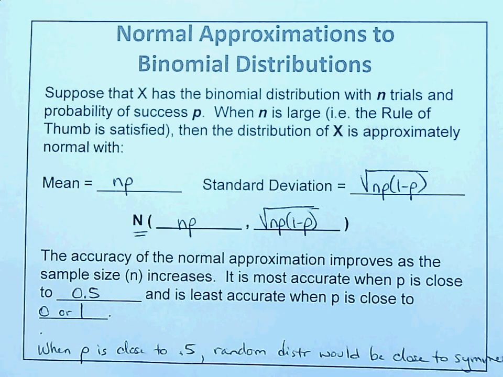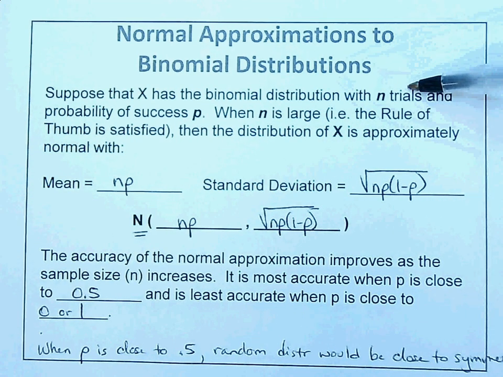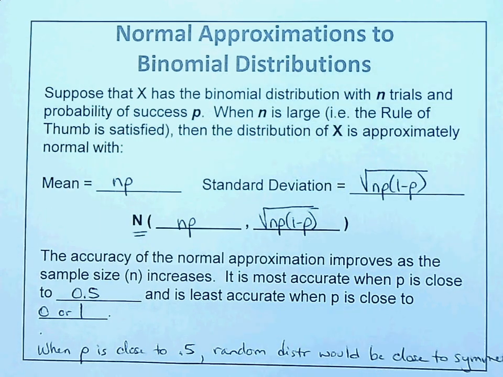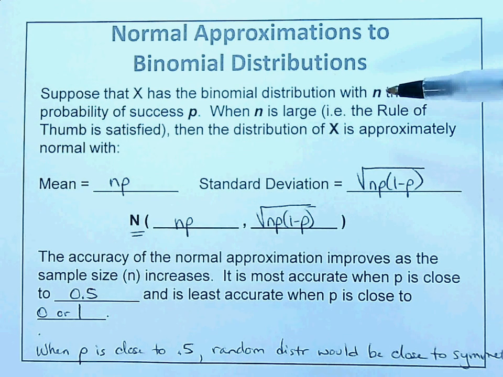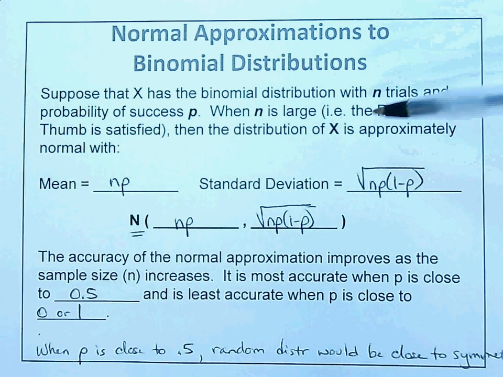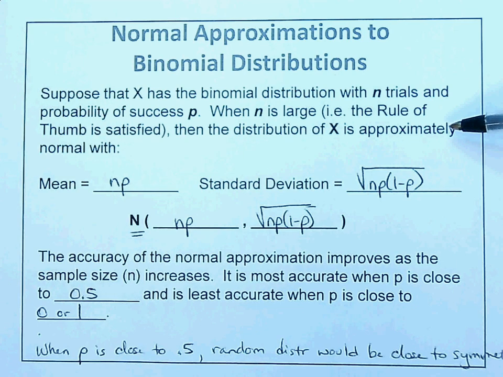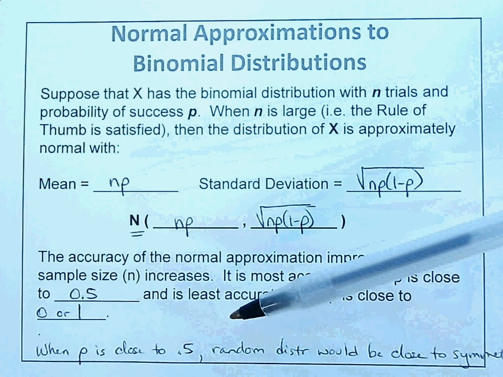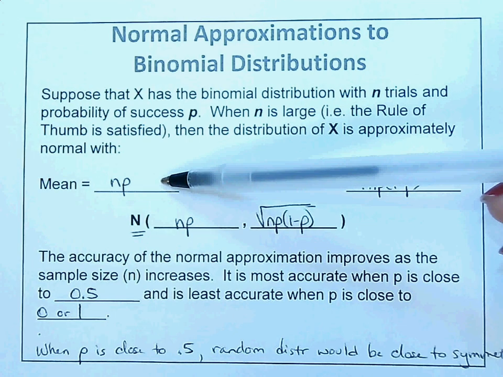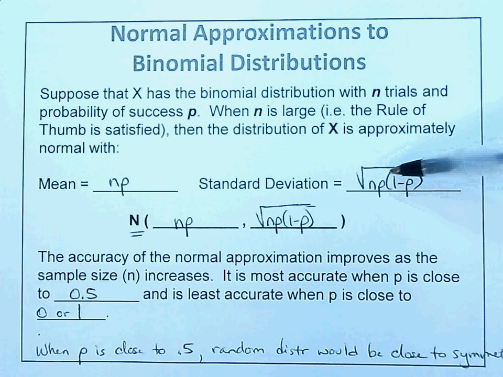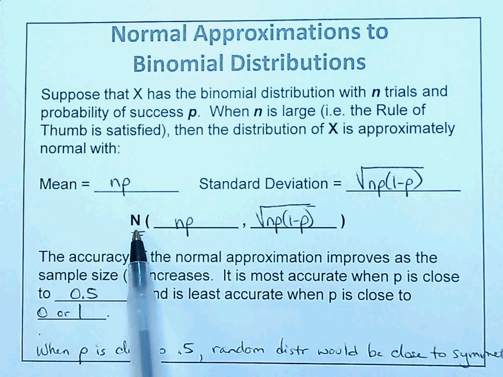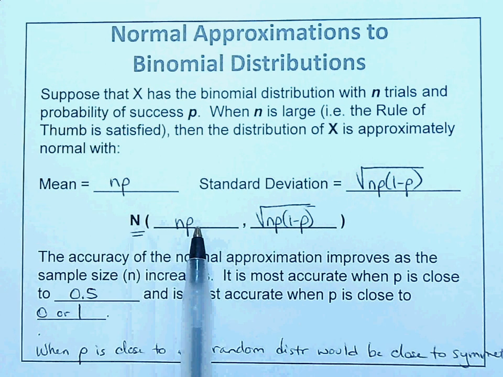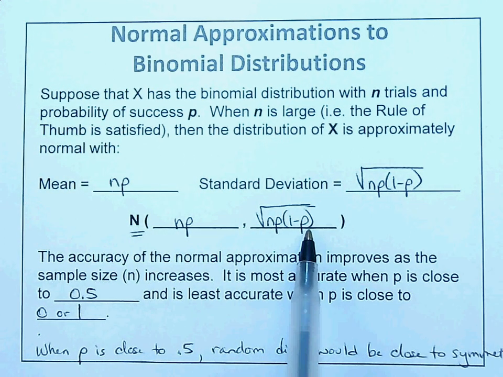So if x has a binomial distribution with n trials and a probability of success p, when n is large enough, np greater than or equal to 10, n times 1 minus p greater than or equal to 10, then the distribution of x is considered to be approximately normal, with the mean np, well, that's just the mean of a binomial distribution, and the standard deviation, the square root of np(1 minus p), that's just the standard deviation of a binomial distribution. So I can show it this way. I have the normal distribution, normally distributed, with mean np, standard deviation, square root of n times p times 1